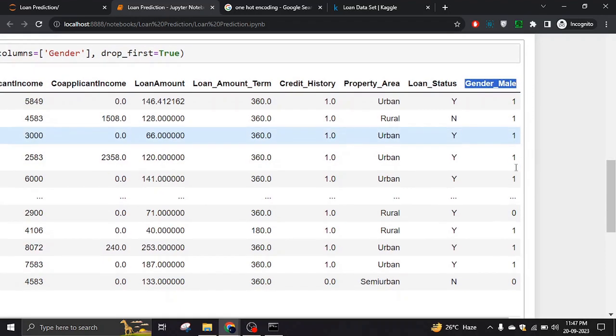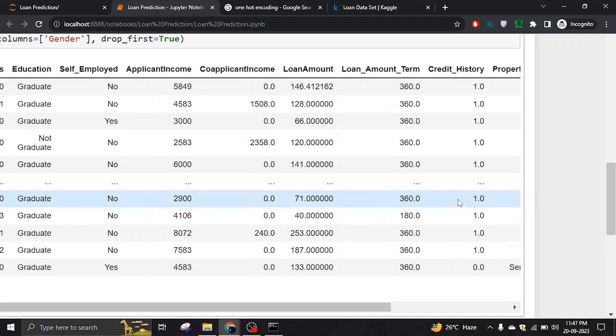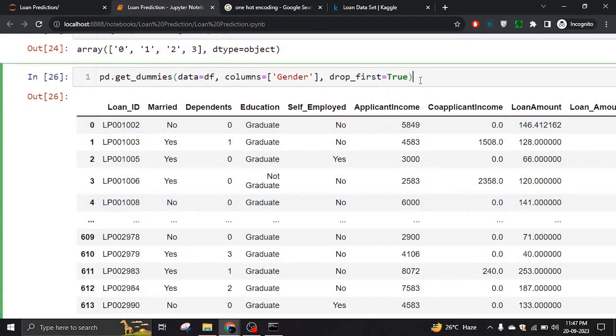So basically, as you can see, gender male 1 1 1, and whenever there is 0, that means that person's gender is female. That means that 1 stands for male and 0 stands for female. So that's basically one hot encoding. I don't remember its name, it's very confusing. So next we are going to assign this to a new